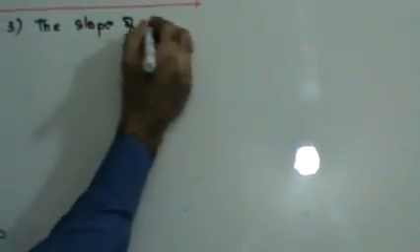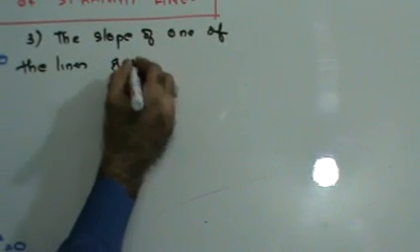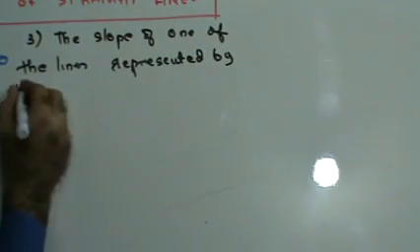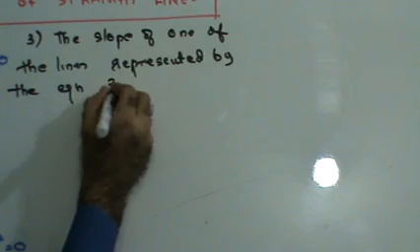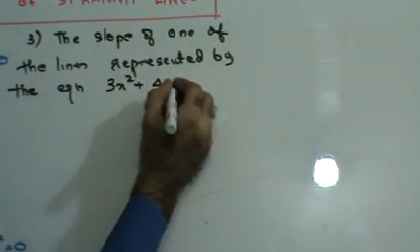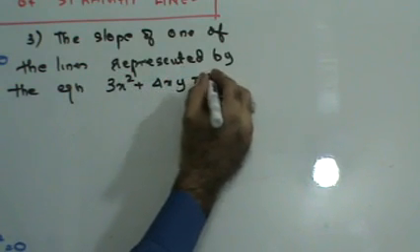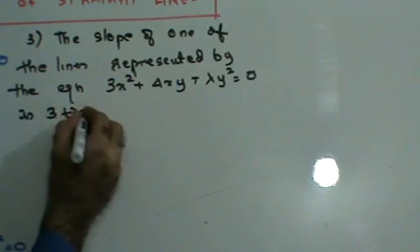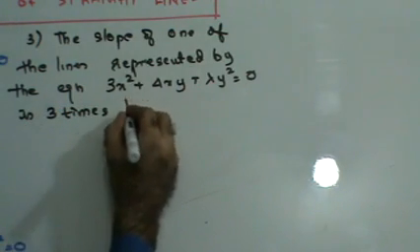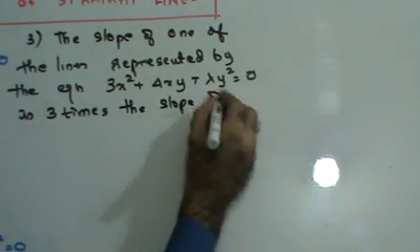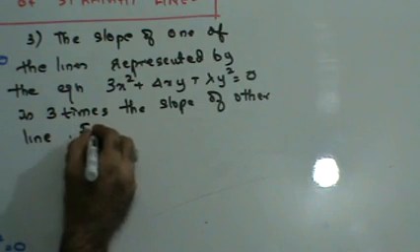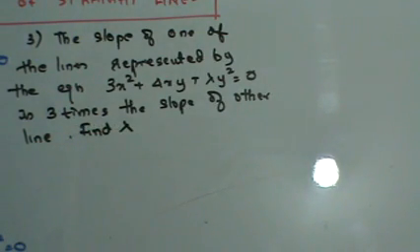The slope of one of the lines represented by the equation 3x square plus 4xy plus lambda y square is 0 is 3 times the slope of the other line. Find lambda, right? Now,